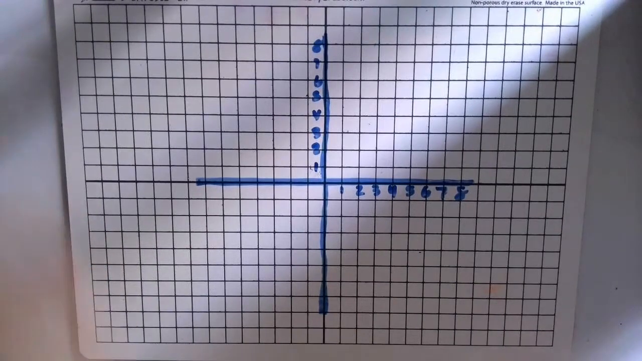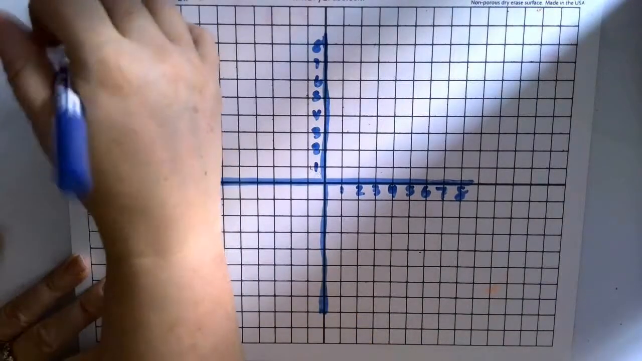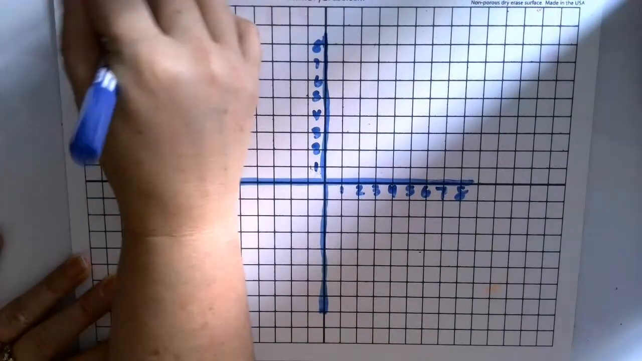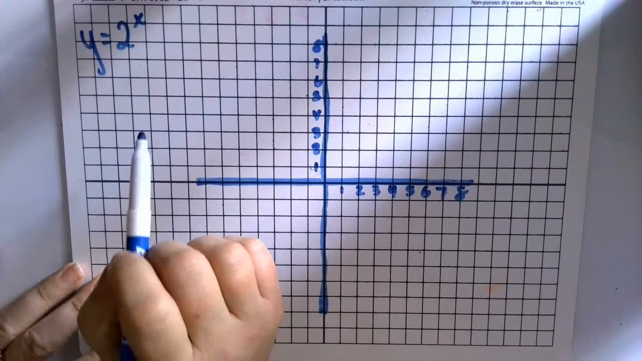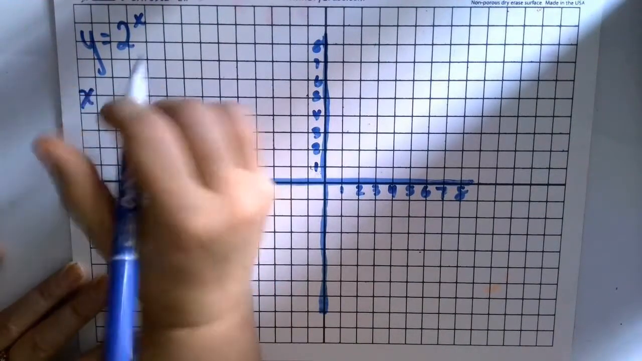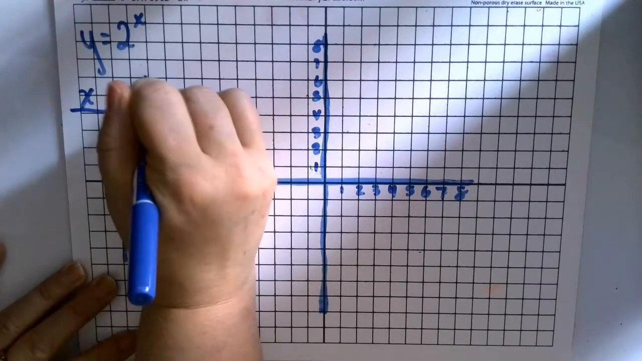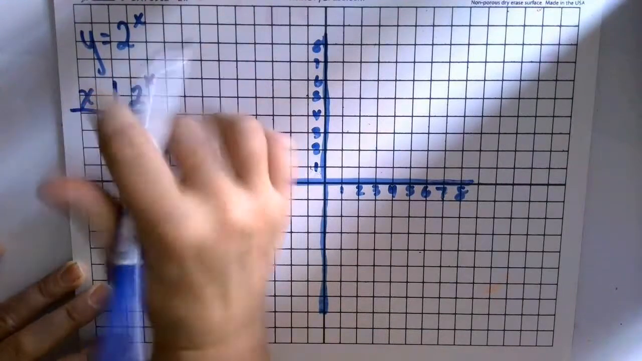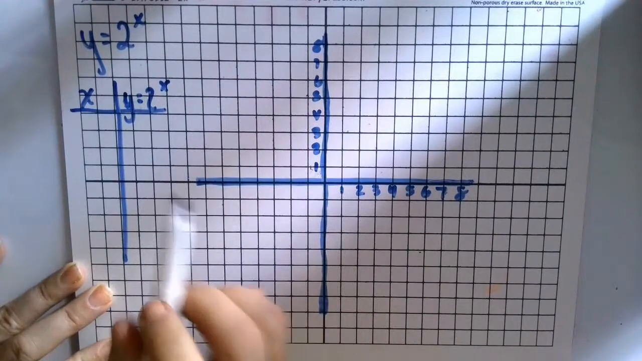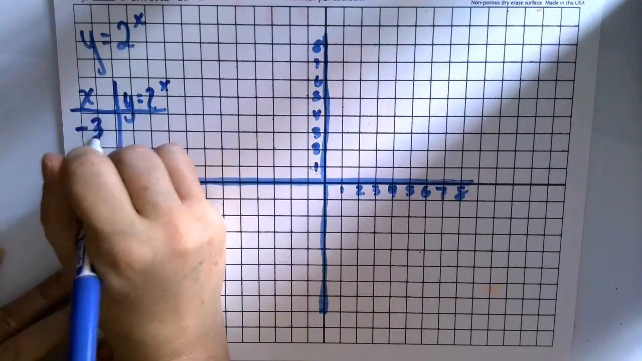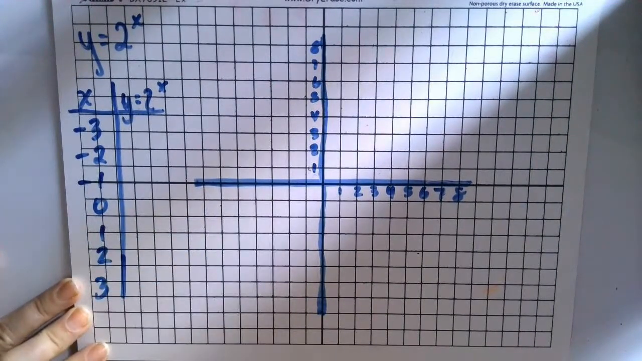Okay, so to learn what a logarithm is, we're going to first review what we know about exponential functions. So if we sketch the graph of the exponential function with a base of 2, y equals 2 to the x, and we create a table of ordered pairs. So x, and then our y is 2 to the x. So if I put in negative 3, negative 2, negative 1, 0, 1, 2, and 3 as the x